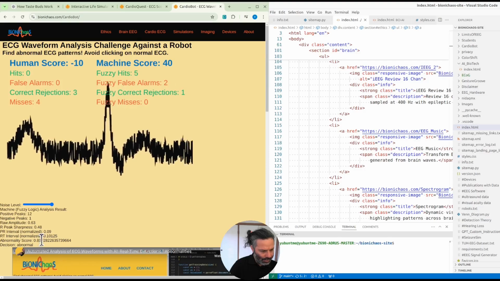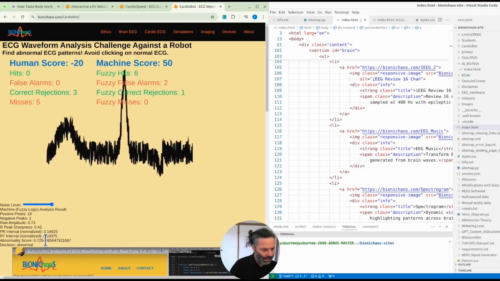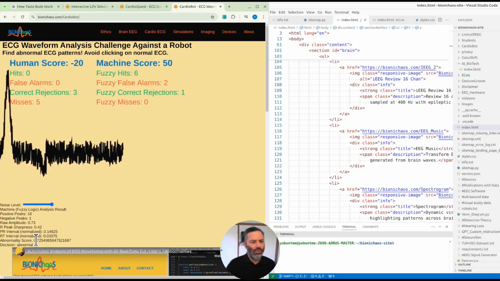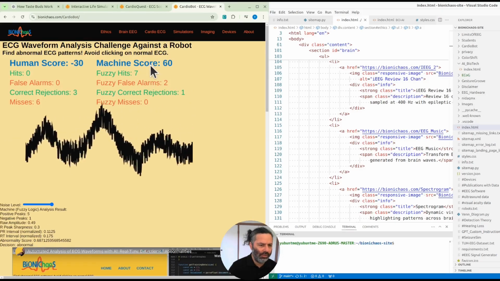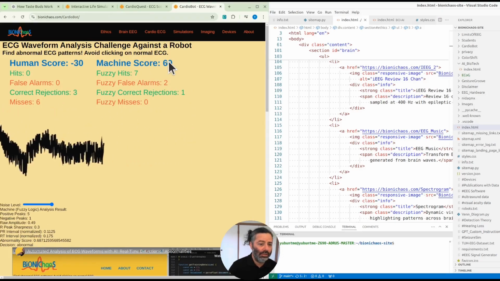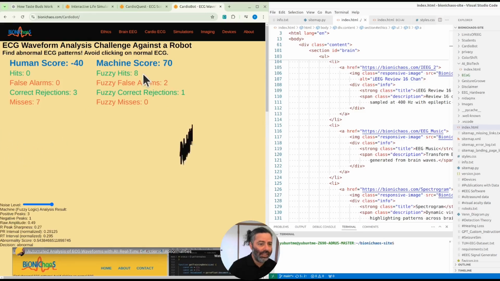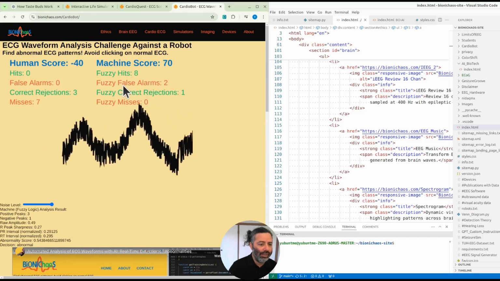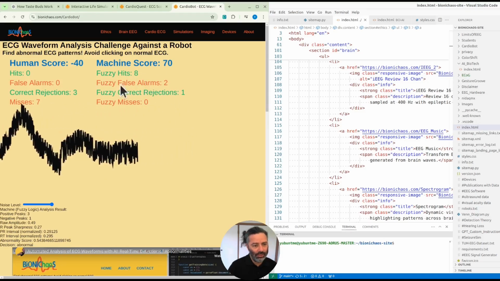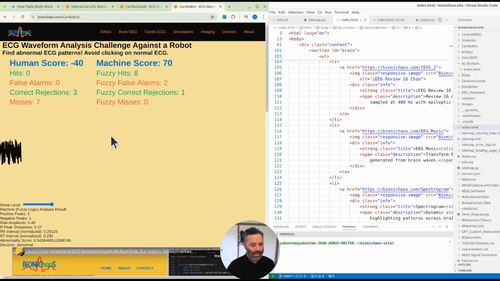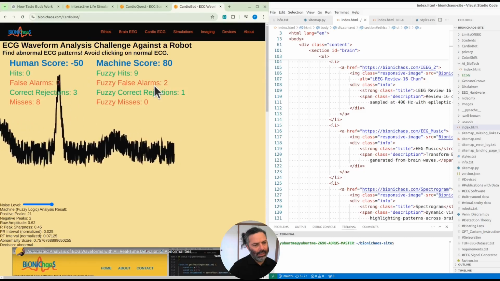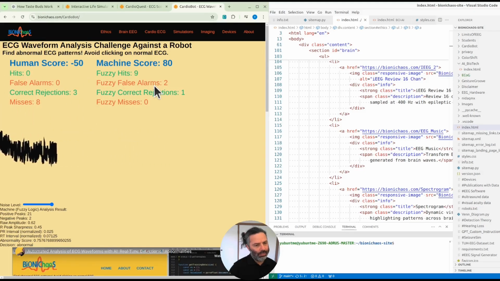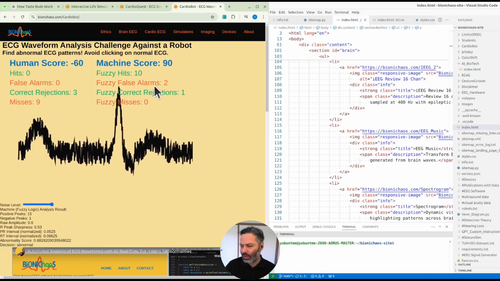It's giving you an abnormality score, and the performance is being calculated. So the machine is still doing quite well, even with increased noise. Well, it did do false detection, so it's essentially more likely to say the waveform is not normal. Every time I say abnormal, the